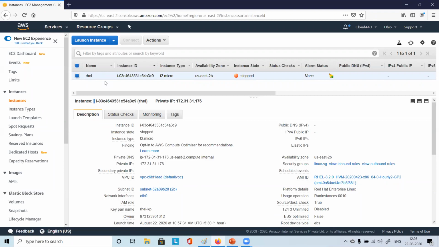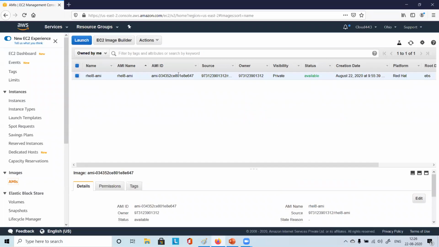Okay, so what other option can we have for vertical scaling? We can launch a new instance from the image we are having, right? You see image.